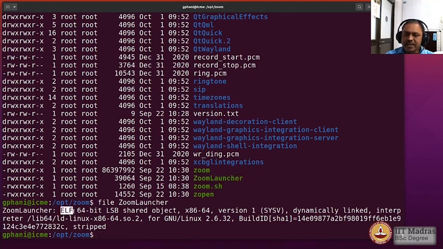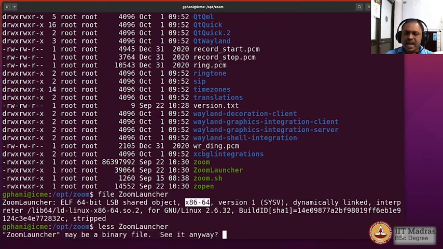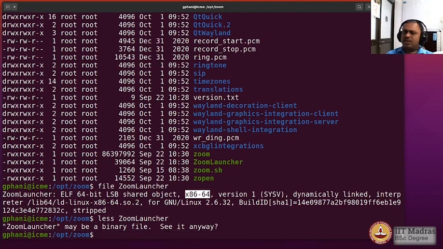And you see that it now gives a different kind of output. It says it is an ELF 64-bit LSB shared object for the architecture x86-64 and so on. This actually means that this is a binary file. We can't read it. So let us try and see what happens. It alerts you, saying that this is a binary file, so do you want to really see it? We will say no, because it will appear garbled on a text screen, and therefore we will not attempt that.